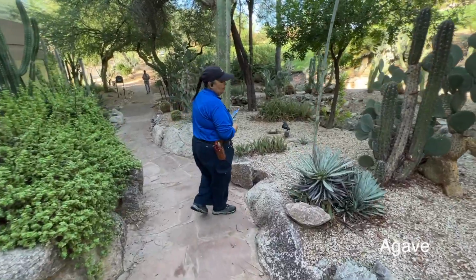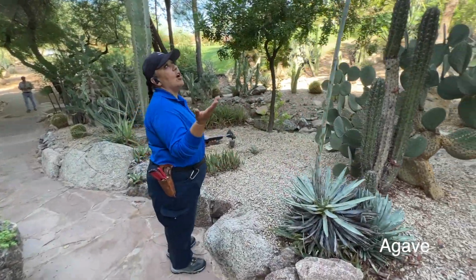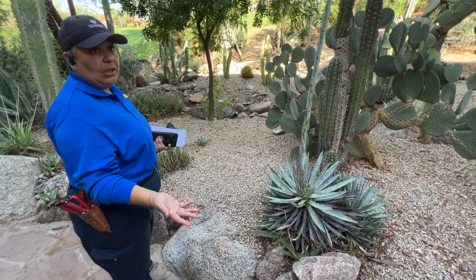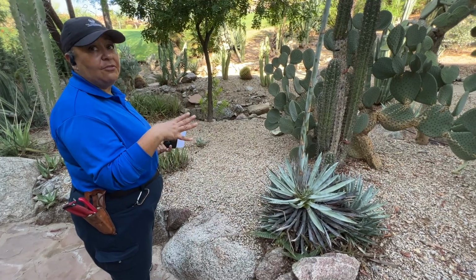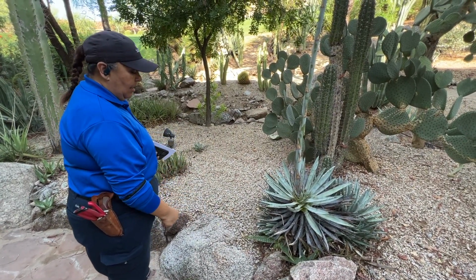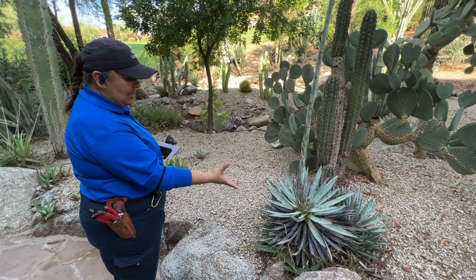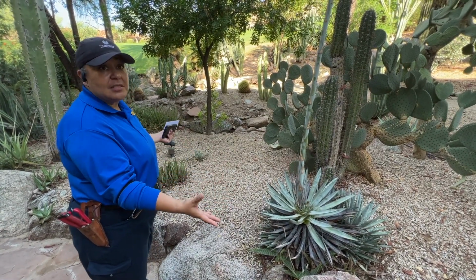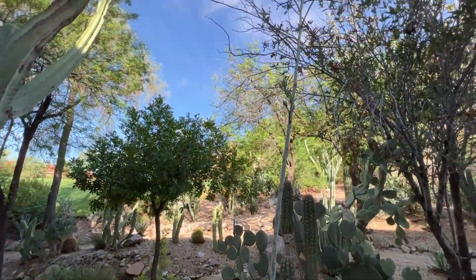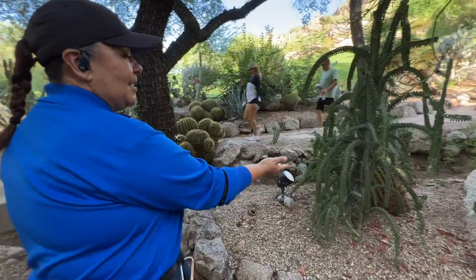And here's an example of an agave that has gone to flower. And as you could see, they only flower once in their lifetime. So once they're done flowering, then the agave will dry up and die. But before it does that, I think when it knows that it's going to be at the end of its life, then it will grow all of these beautiful pups around the edge. And this is a type of a cotillo,